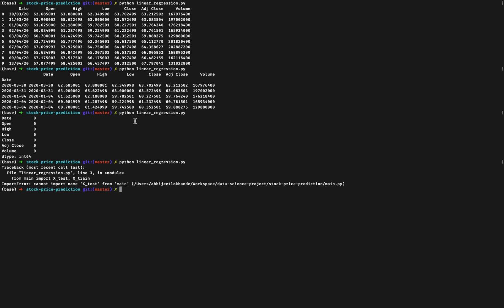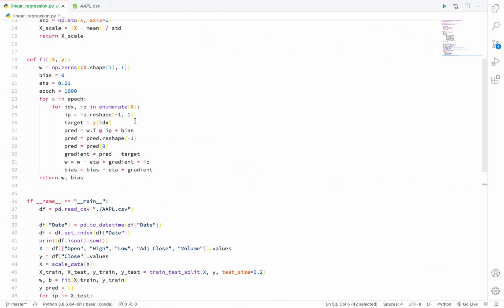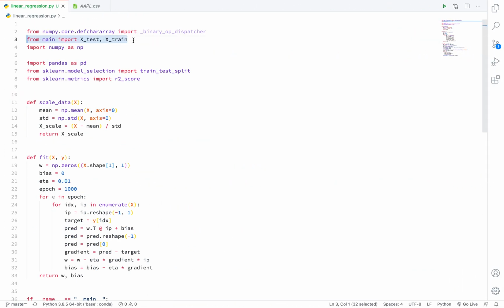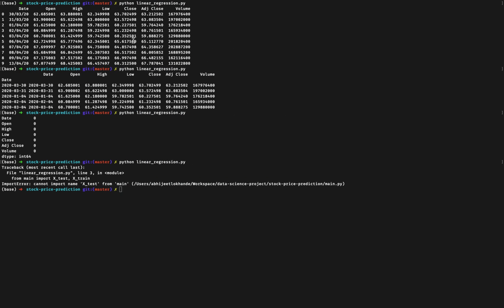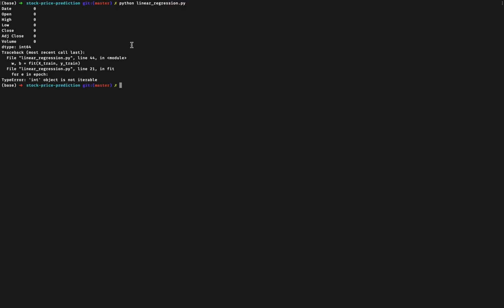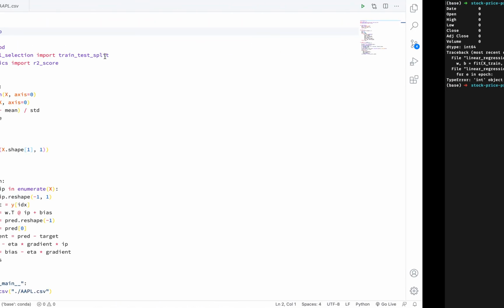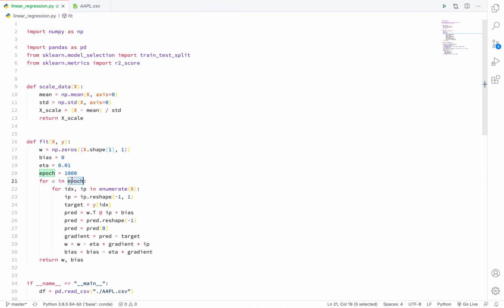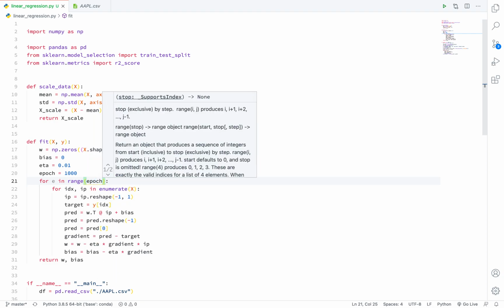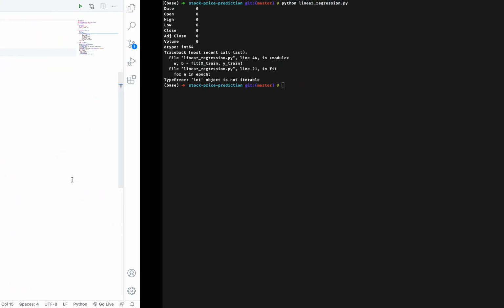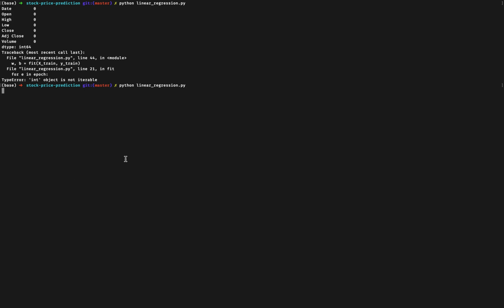Okay, there is one error, cannot import X test. Oh, so let's fix it. Int object is not iterable. Okay, I forgot to write range of epoch. Hopefully there will be no error.